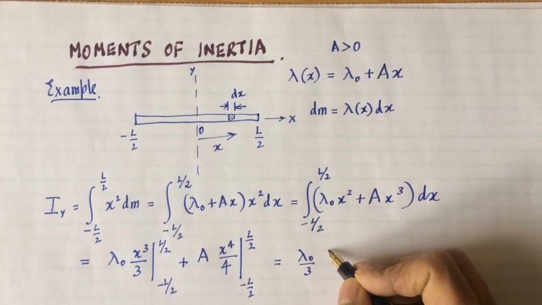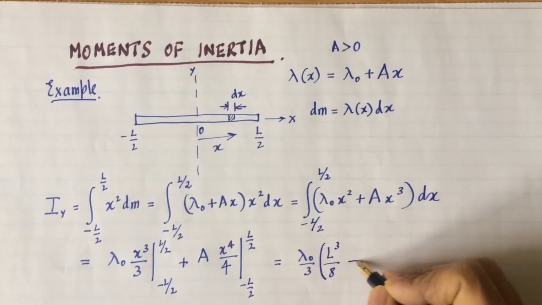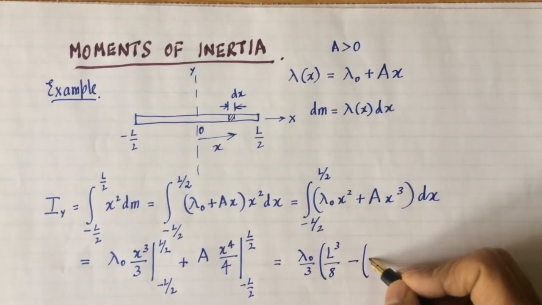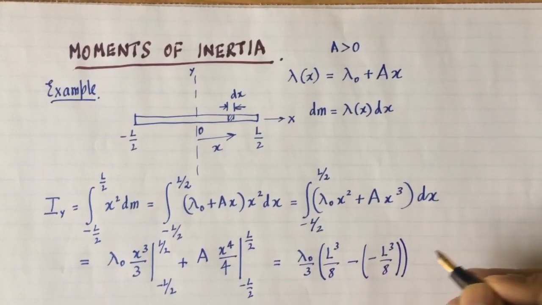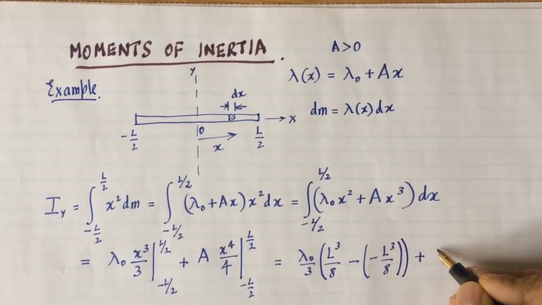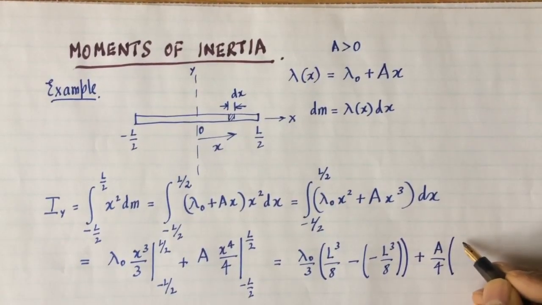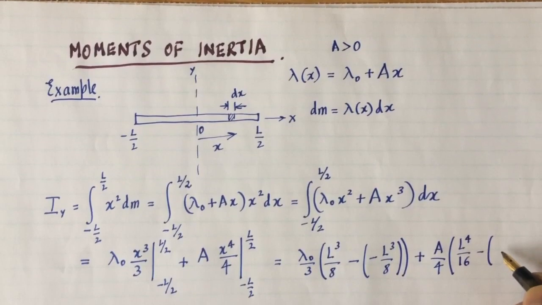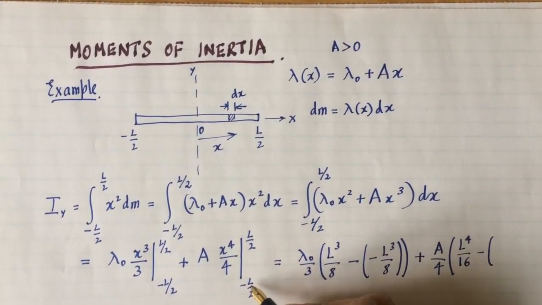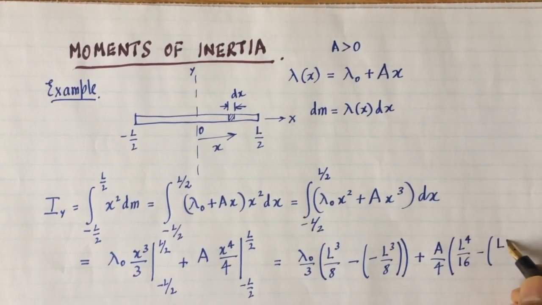L over 2 cubed is L cubed over 8, and minus negative L cubed over 8, and this is going to be a over 4 times L to the 4 over 16 minus, now if you take negative L over 2 and take it to the power 4,